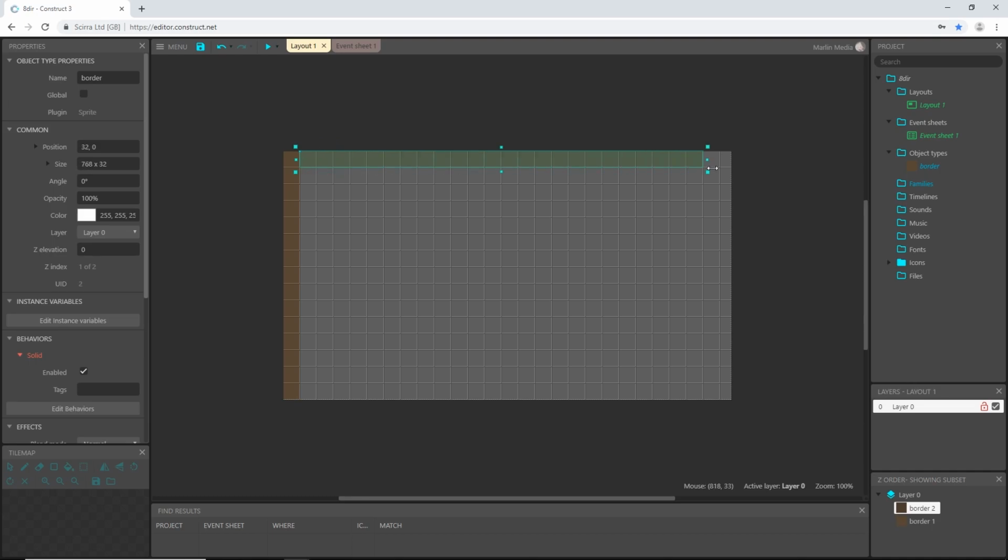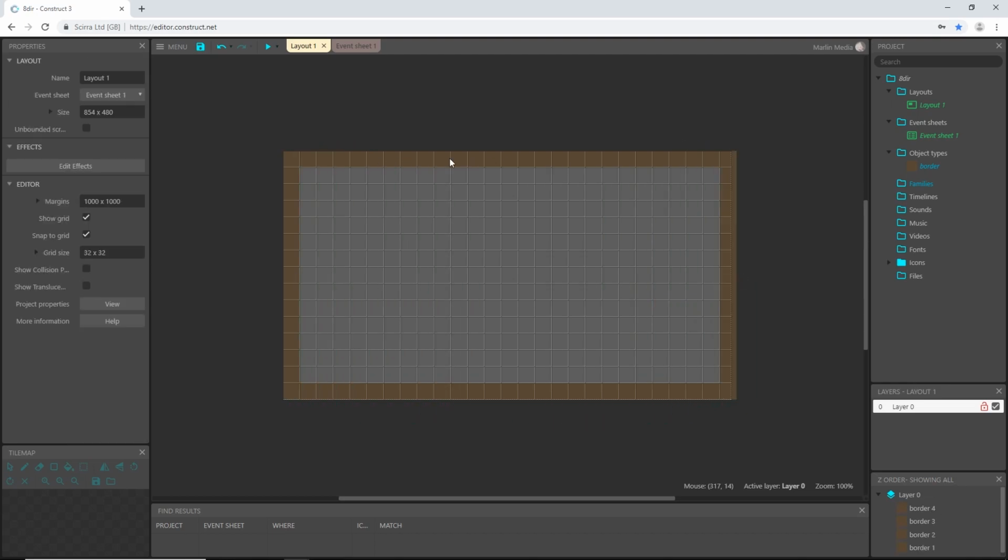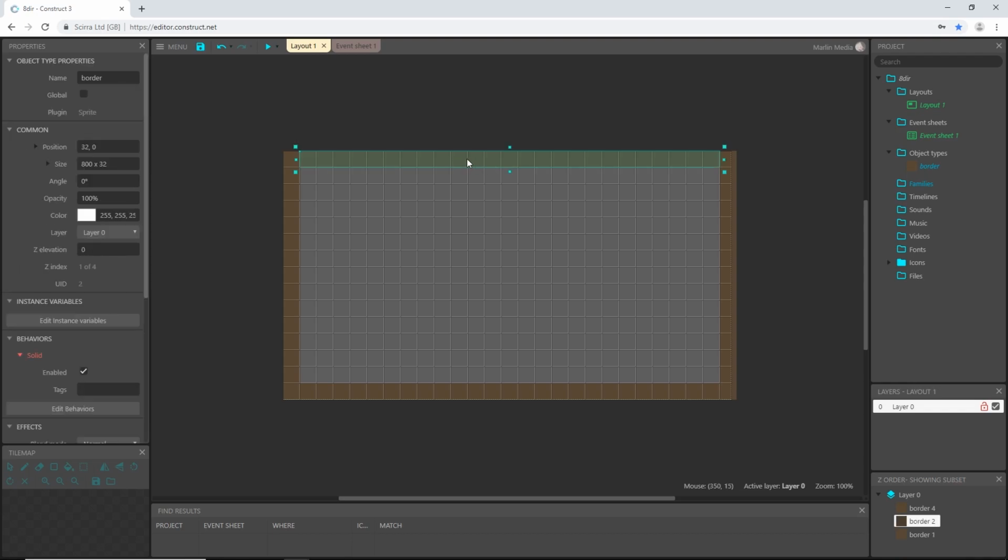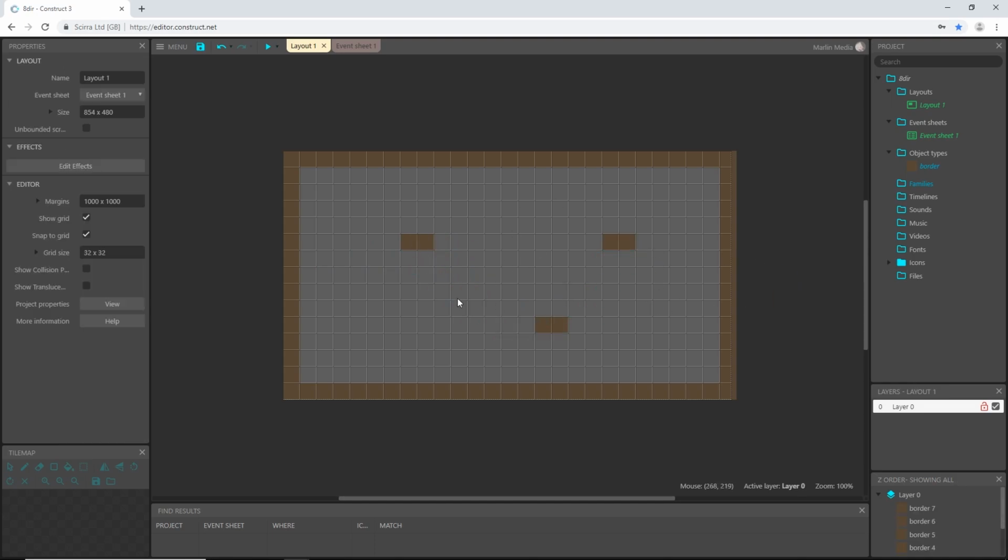Just stretch it across like that. And then I can control, click, and drag out a copy of that all the way to the bottom. And then select this one, control, click, drag out a copy all the way to that side. Alright, actually I'm going to go ahead and just click and drag out another instance. I'm going to make this one smaller, maybe something like that. And then drag out a couple more. So, something like that. We want some obstacles to work with a little bit later.